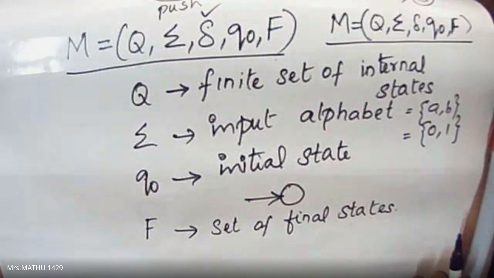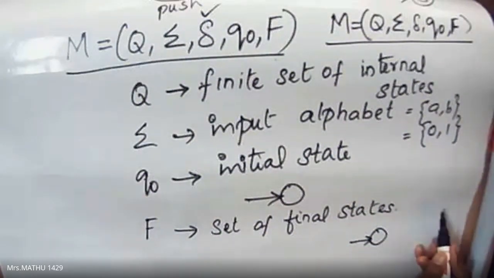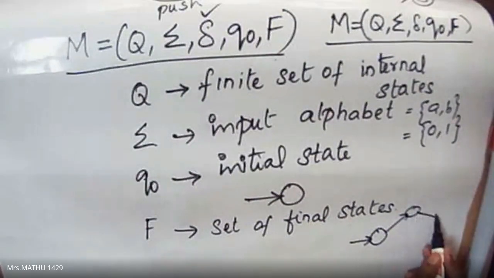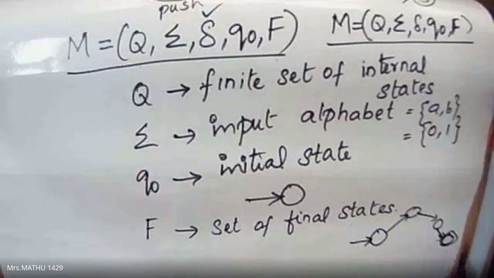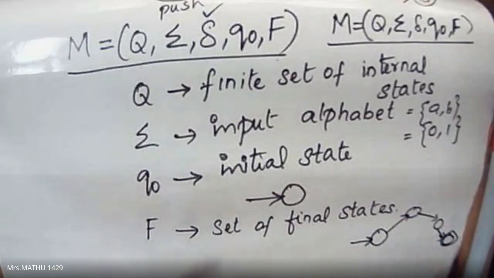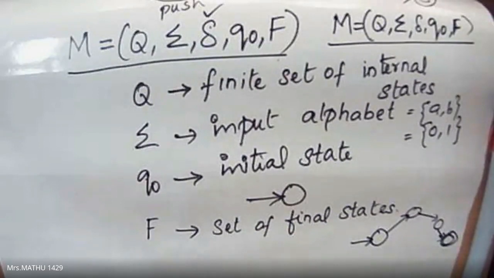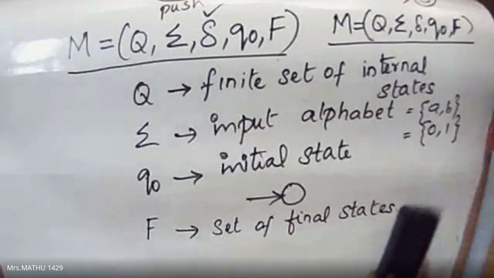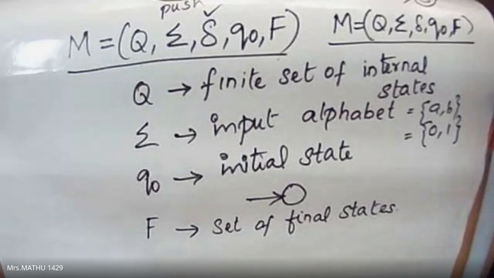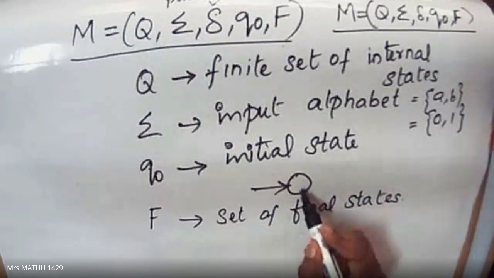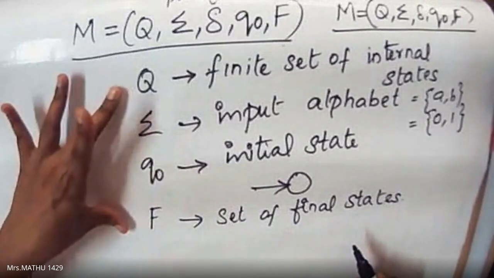that is the final state. In that automata, you start from the initial state and keep transitioning, moving to different states. If you are able to read that particular string in that transition, fully and completely without any hindrance, and reach the final state, that is called a final state. Don't worry if you don't understand this. When you see the example, you will be able to understand. As of now, just make a note of all these things.